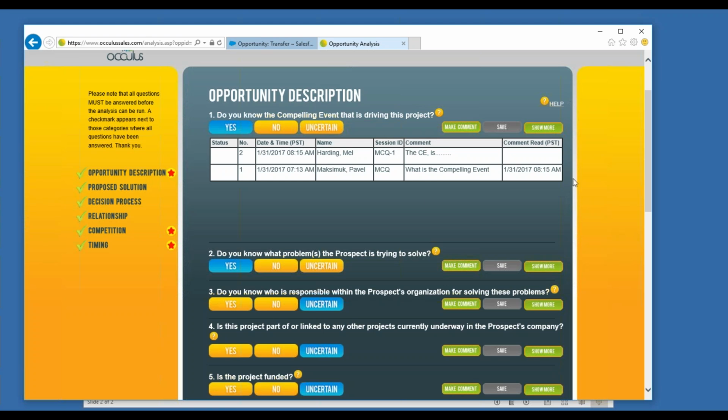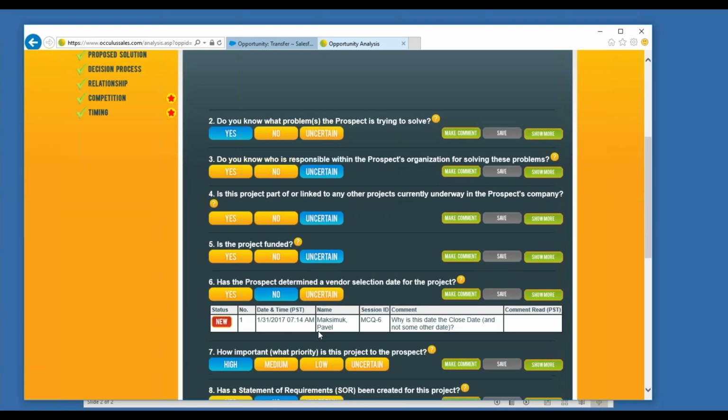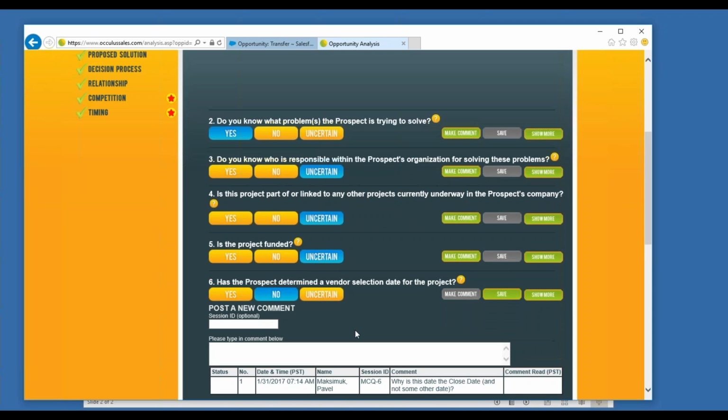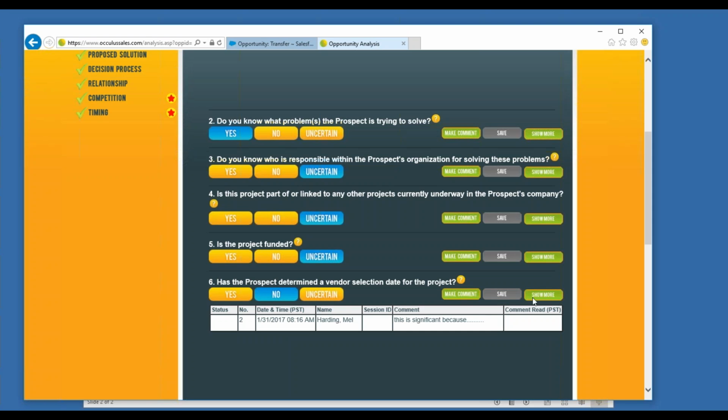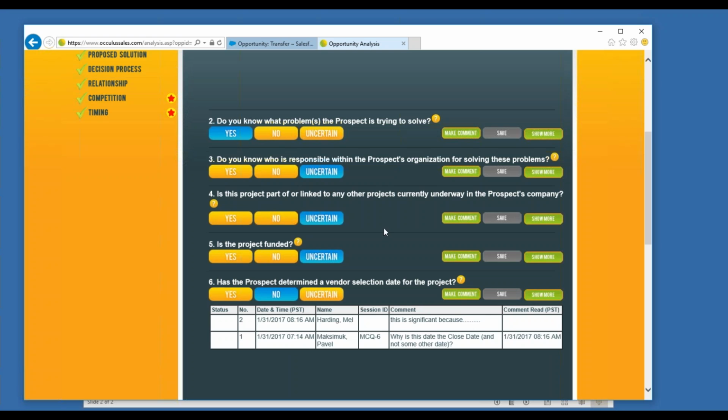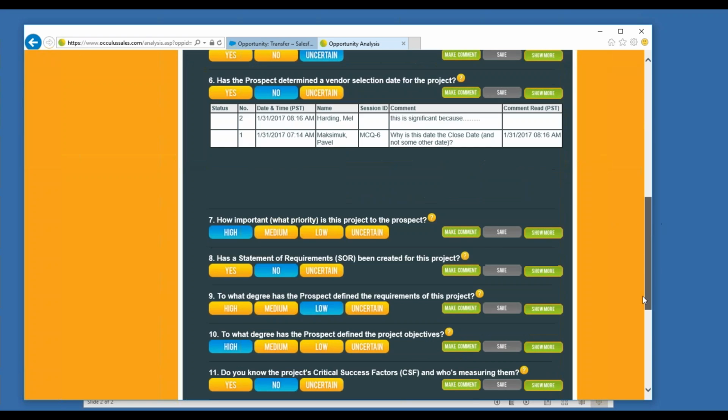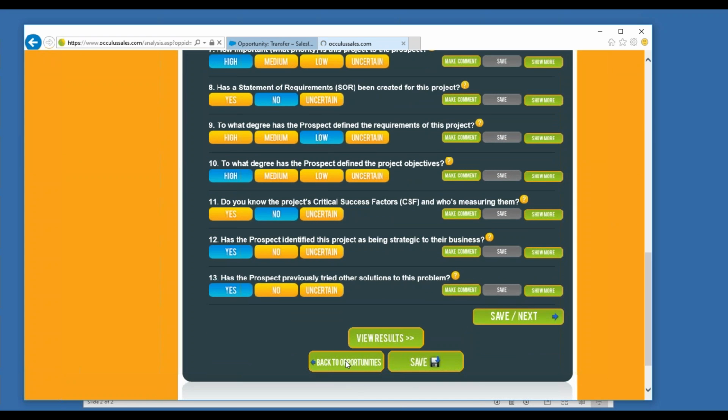Okay, and I noticed it didn't clear right there. So here's another comment, to let my manager know that I've read it, and I will say this date is significant because, and there it is. And again, only the latest comment shows. So let me go back now to the opportunity list,